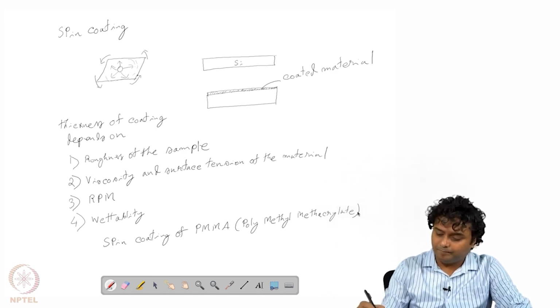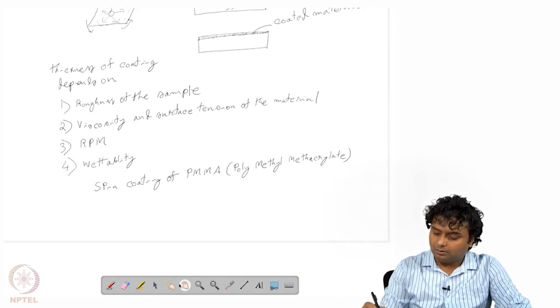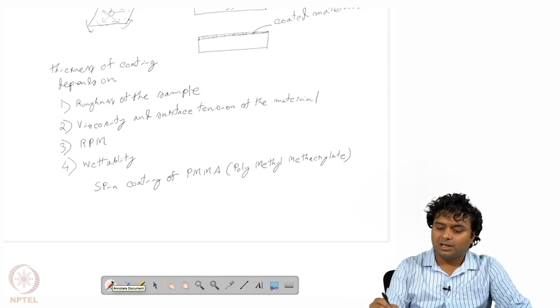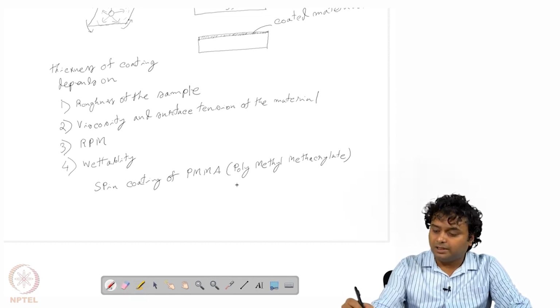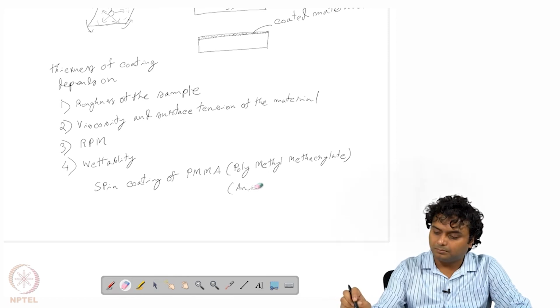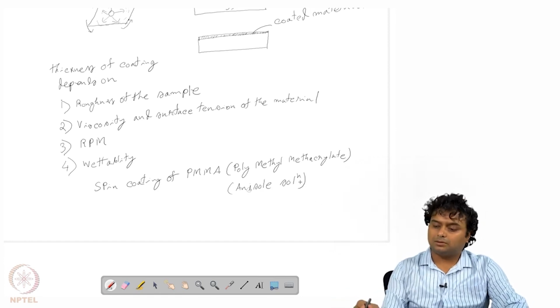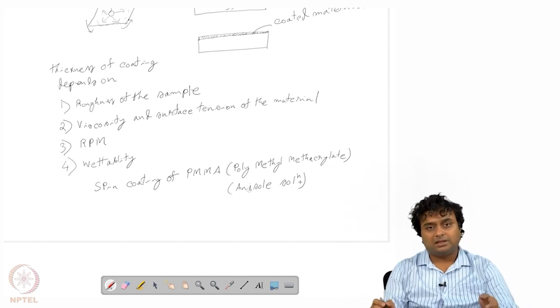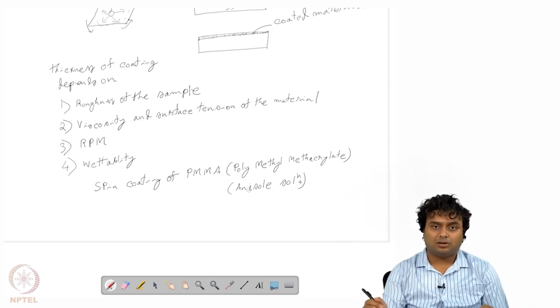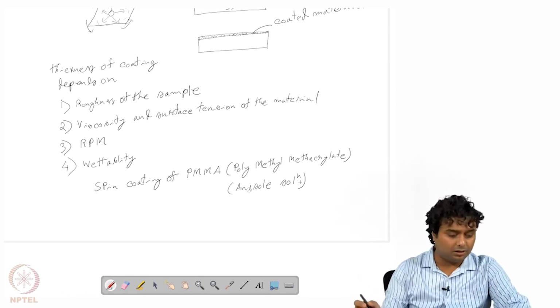So this is a polymer, and we make a solution of this polymer in anisole. So we use anisole as solvent. Okay, and then we make a solution of PMMA, and then we take the sample and put this PMMA solution at the middle, a few drops, and then rotate the sample with very high rotational speed, like